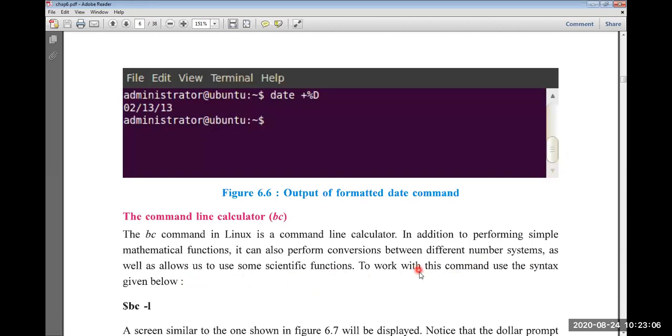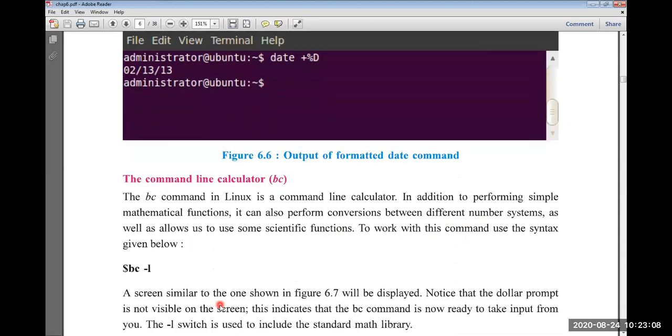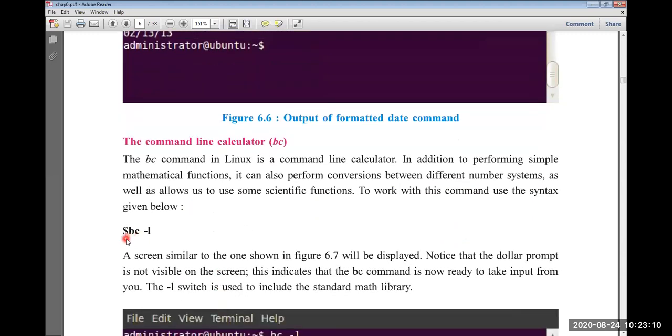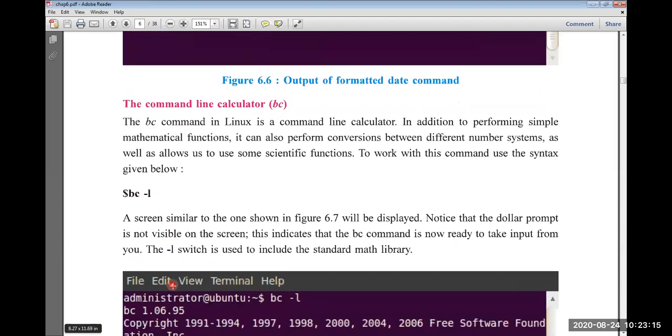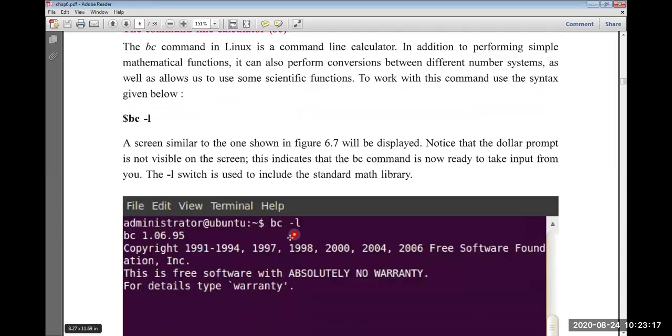To work with this command, use the syntax bc minus l. If you see the screen here, bc minus l. So what is the output of this?